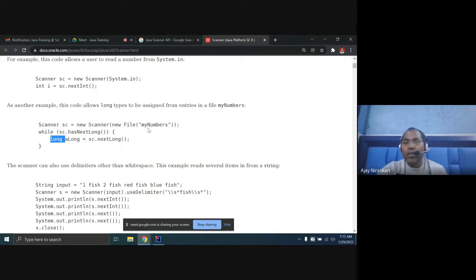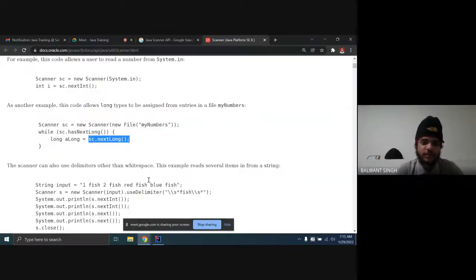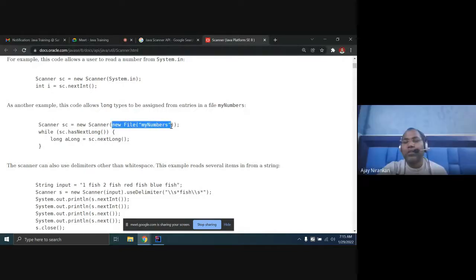That means this file contains some long value, so they are checking whether there is any long value. Just get long. Why have we written new File here? This is the syntax where you want to read a file. If you write only a name in double quotes, it is a string, not a file. But this is the name of your file somewhere in your computer.